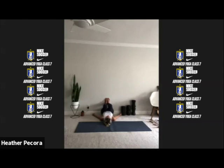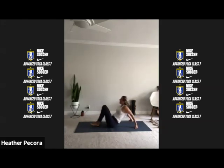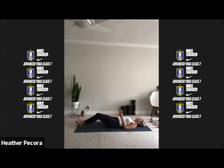Good. And then slowly you can push yourself away from the wall a little bit, roll off to one side, and then we're going to come into our final Shavasana. So just find yourself comfortable. If you'd like, you can just leave your feet up against the wall for the rest of class or as long as you want. If you'd like to move into final Shavasana, find yourself in a comfortable space, all four limbs release to the mat. Close your eyes, keep that towel over your head, over your face,